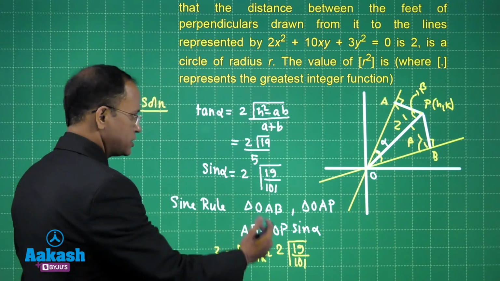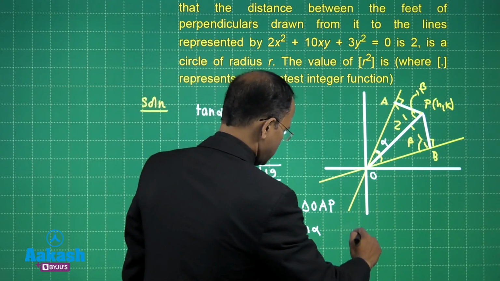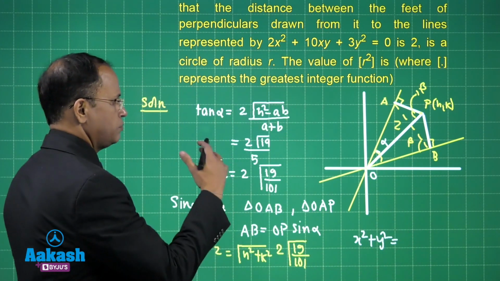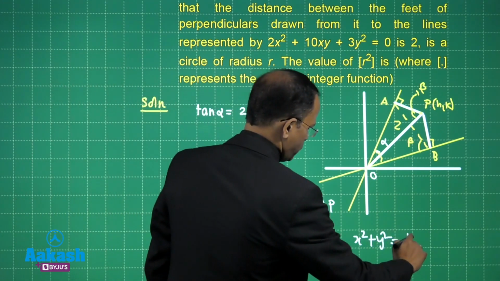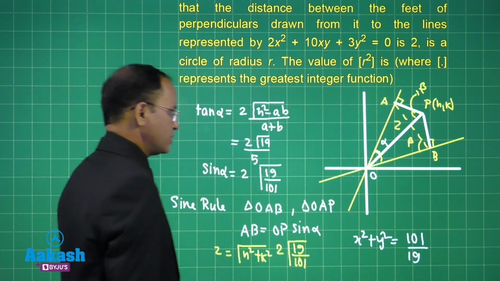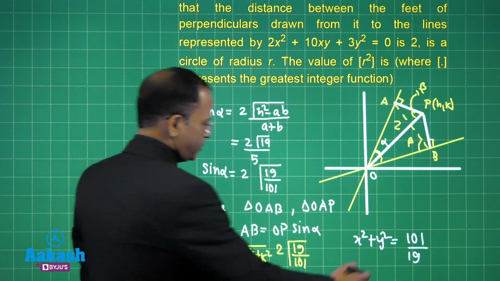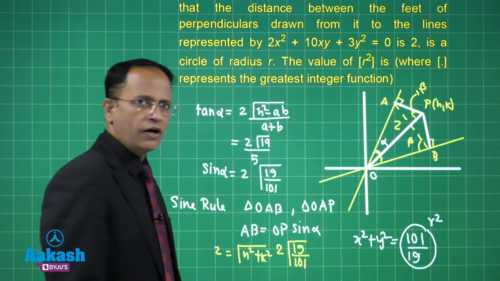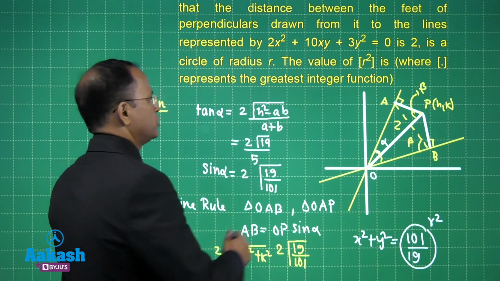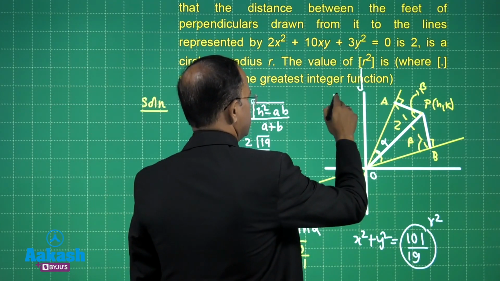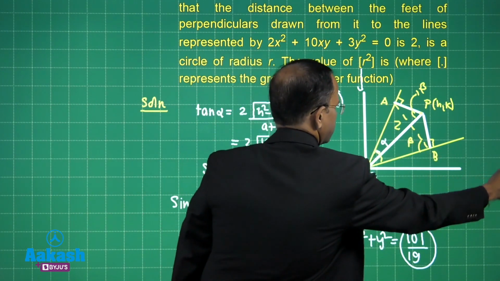So, we find the locus here. Once you find the locus, we get x square plus y square to be equal to, because that part we need to take, that is 101 divided by, we have 19 here, right, this has been given to us. Okay. Now, this is nothing but r square. So, we have to take the greatest integer function of r square in this case. So, the value we will be getting is 5. So, the answer is we have 5 friends, right.